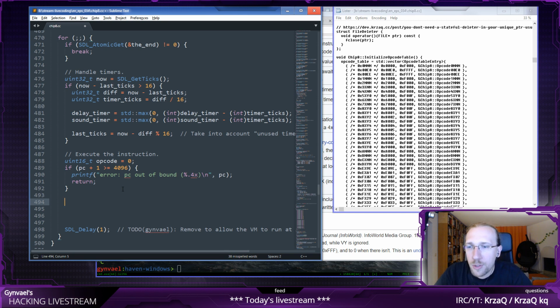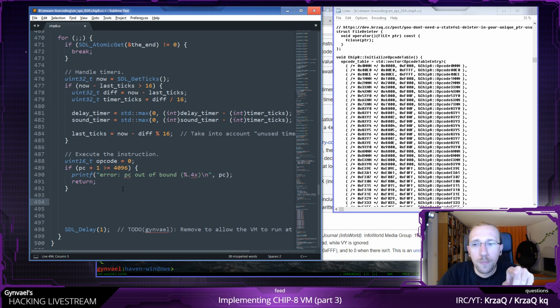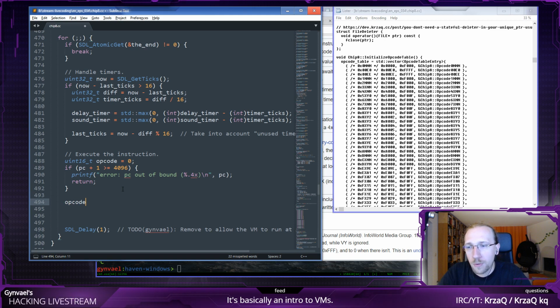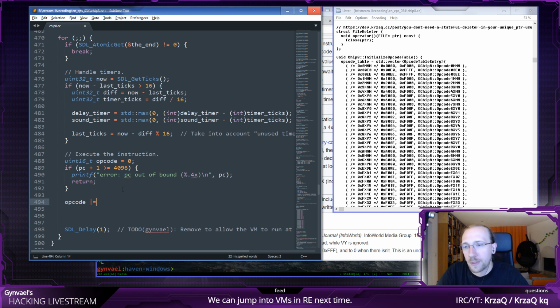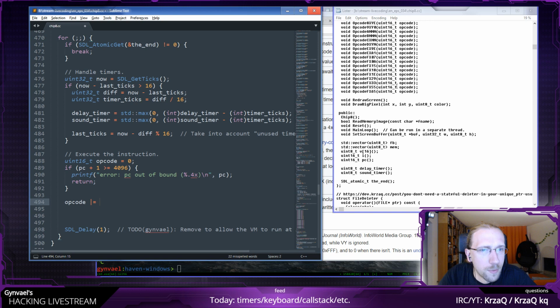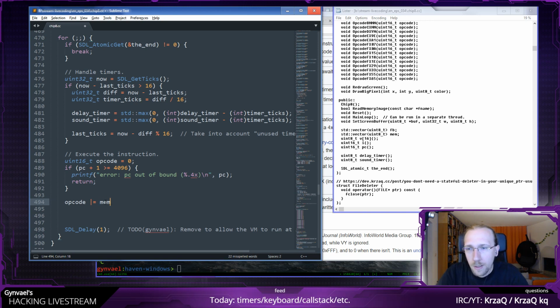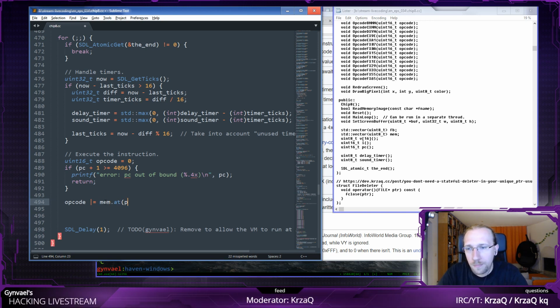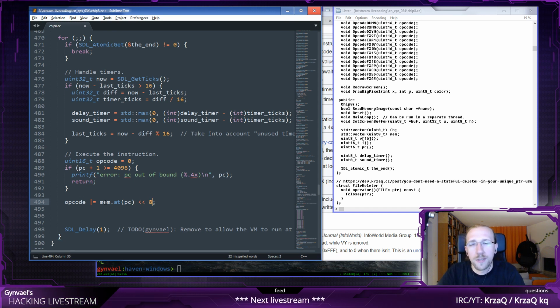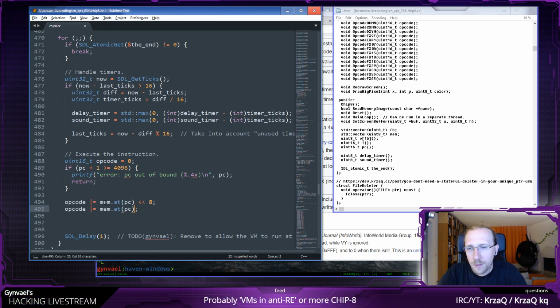Okay, and now we are sure that PC is pointing to some address in the RAM, and it's an address which has at least 2 bytes, because we need 2 bytes. So opcode is going to be equal to, first of all, let's do it like this. Sorry, what is the memory? How did I address the memory again? Just mem. Mem at PC. And mem at PC is going to be, because it's big endian, shifted left. And the second one,